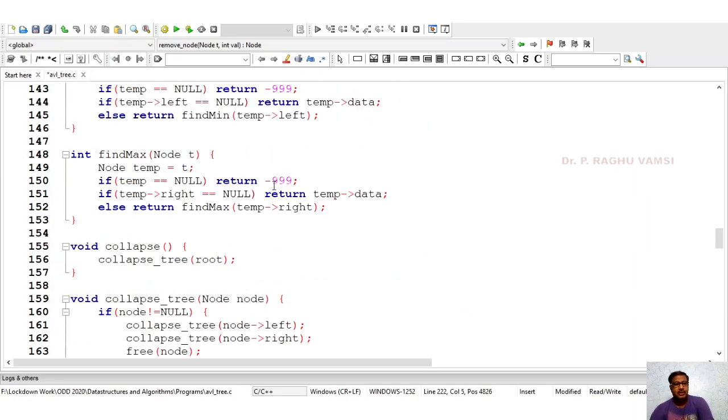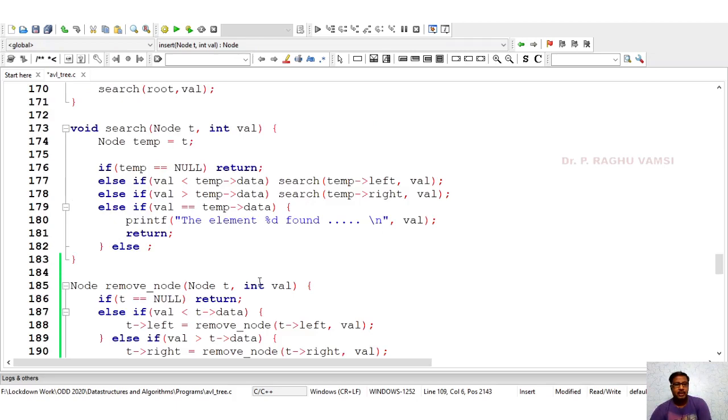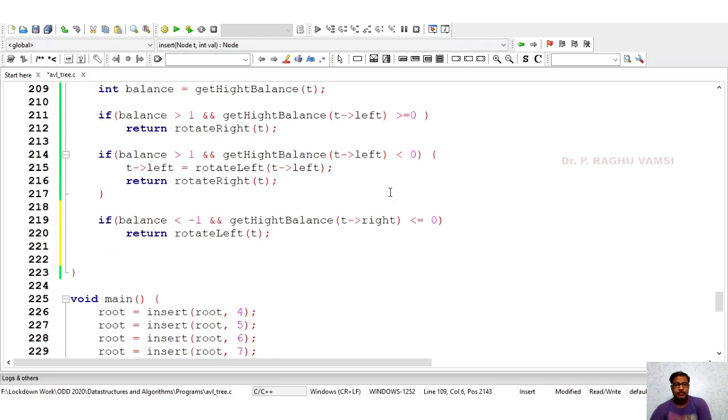Next condition that we are supposed to check here is, if the balance is less than -1, and in the same way, how we have checked less than 0 here, we are supposed to check for greater than 0.